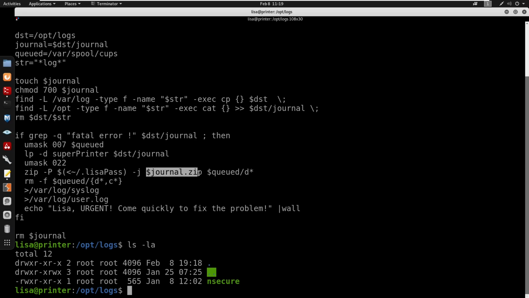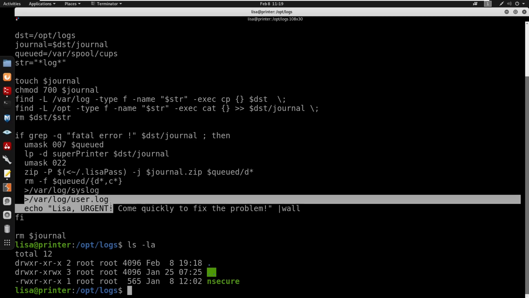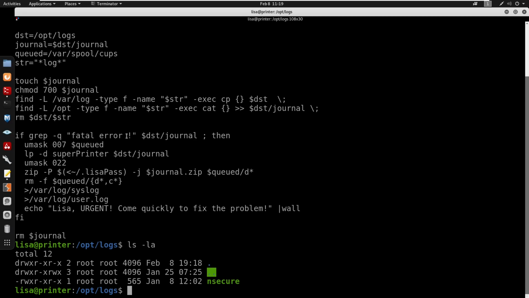We do have this journal.zip. It's going to be under this directory, op logs. And then it does clear the sys.log and the user.log. The main thing that stands out to me is it's going to be this fatal error. This fatal error, I guess we do need to use the logger command, which is going to allow us to actually put it into, if it's in this destination journal, I guess if it's in this var log syslog,